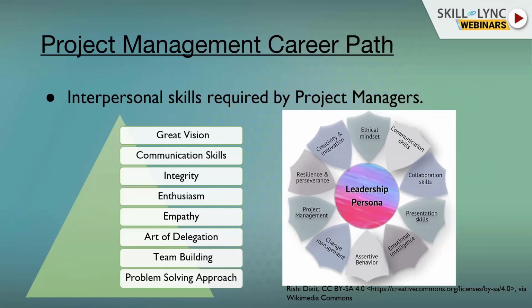There are situations in which the project manager has to take tough decisions, right? Only an emotionally intelligent project manager can take that. So that is what is expected. Project manager should be emotionally intelligent. Project manager should be assertive, should have assertive behavior. Why assertive behavior? Because he has to get things done. If he is not assertive, he cannot get things done by the people. So he should be assertive enough, right?